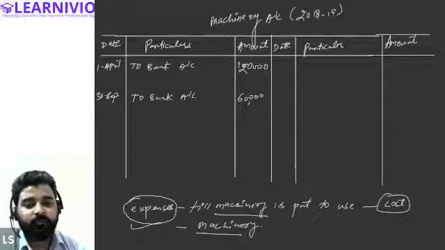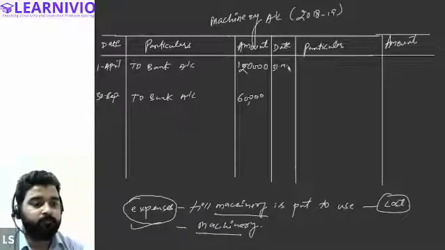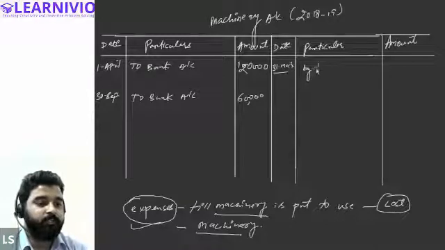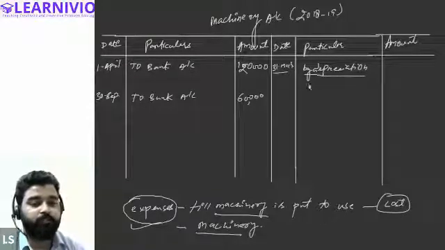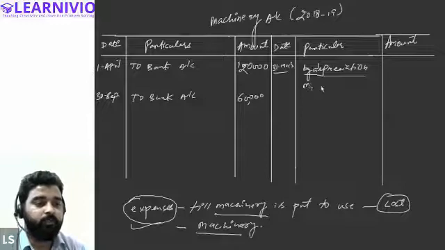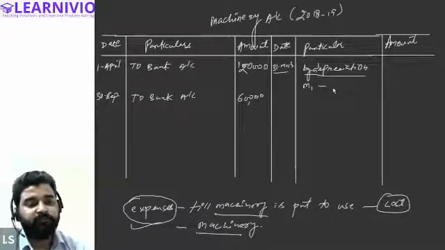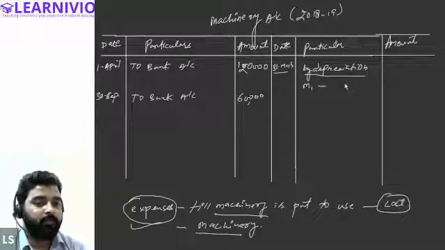So we will simply calculate the depreciation, and the rate of depreciation is given in the question, 10%. We will be calculating depreciation on 31st March at 10%. First of all, we will write by depreciation. We will charge depreciation on the first machine, machine 1. Tell me, on the first machine depreciation will be how much? 1,20,000, 10% will be 12,000.